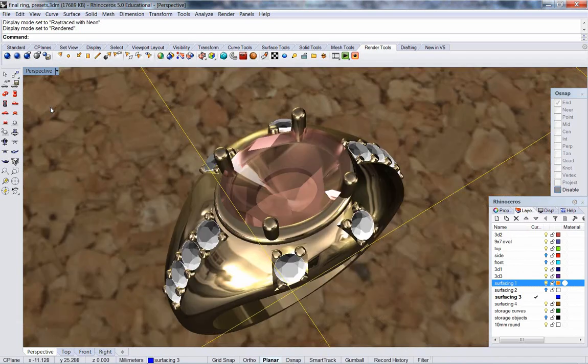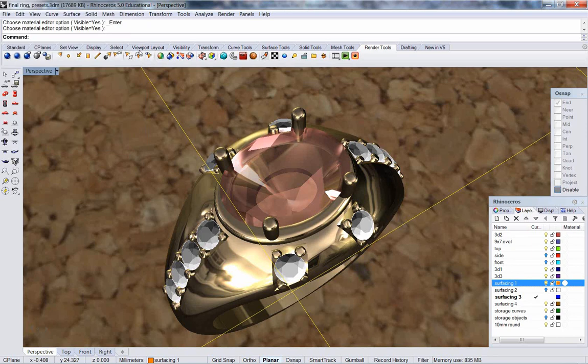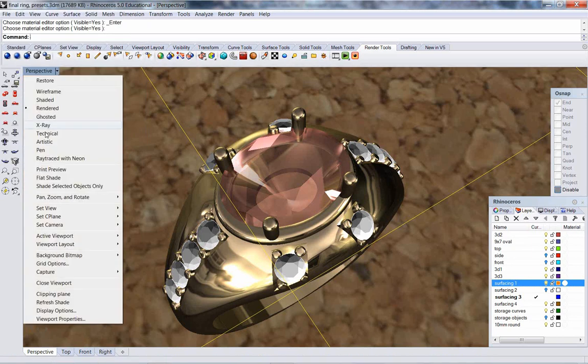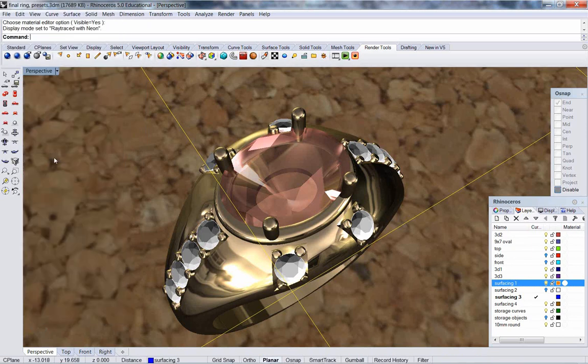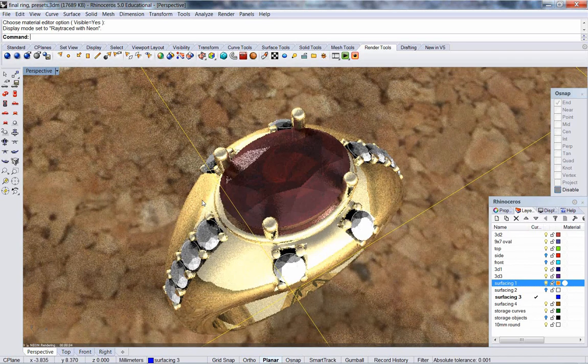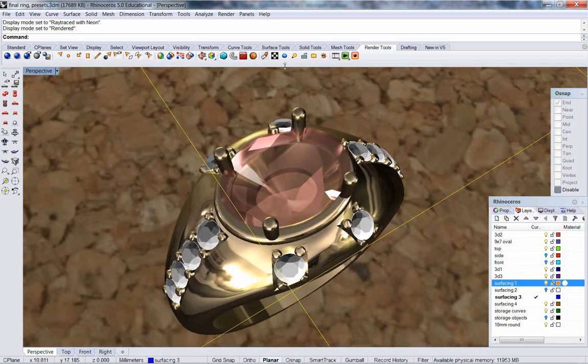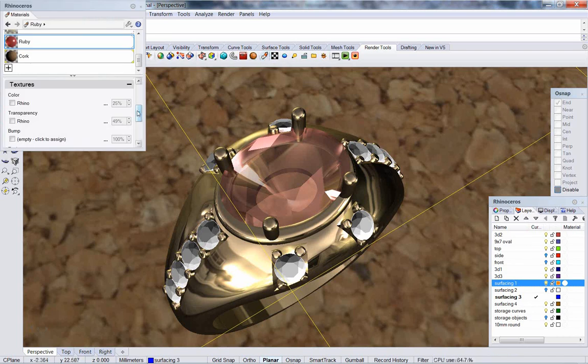By the way, a fast way to have done that would have been to simply uncheck the box. By unchecking the box, even though it has a bitmap in place, it won't look for it, it won't see it. And if I did the ray trace now, I still have a rather dark stone. It just doesn't have the complexity that it did before. So I'm going to keep the Rhino out for a minute while I decide where it is that I am going to